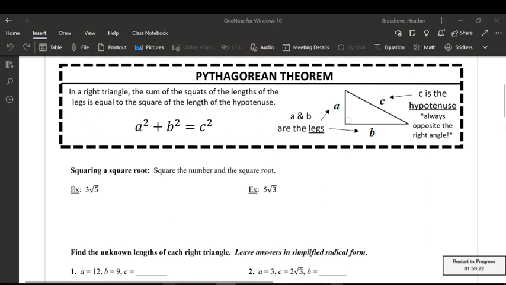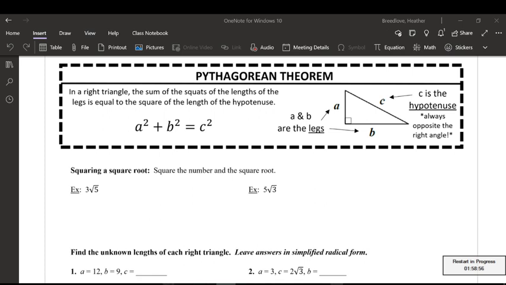The a and b don't really matter, which one you call a and which one you call b. It's just the legs that make the 90 degrees. Those are the legs of the triangle. And c, the hypotenuse, always has to be the long side. Alright, so we're going to use that. So the actual theorem is, in a right triangle, the sum of